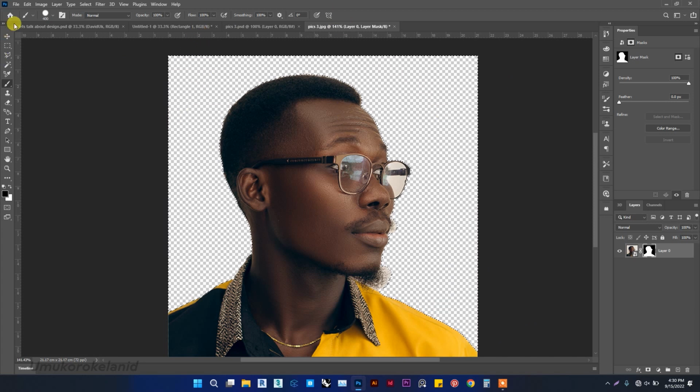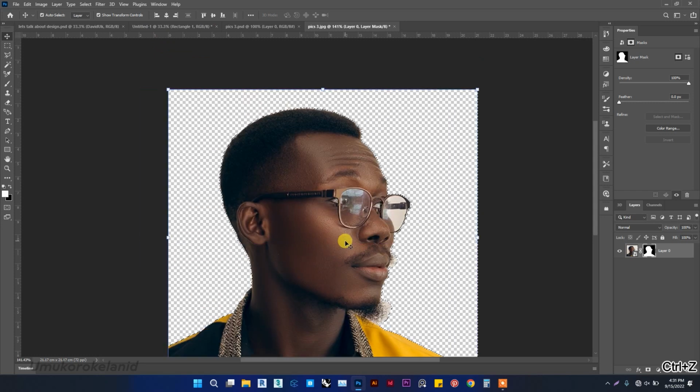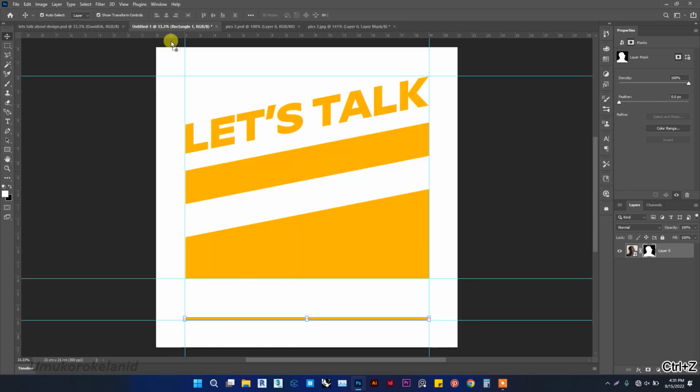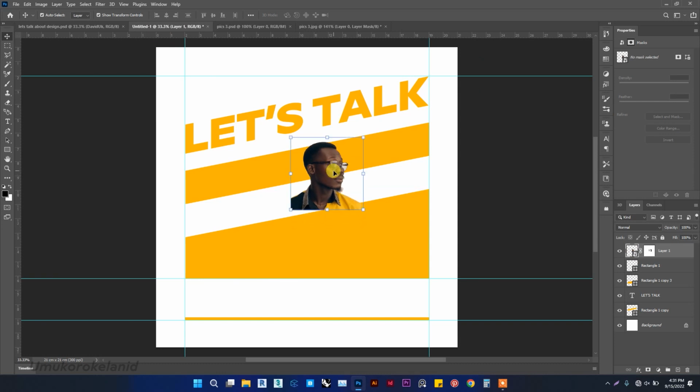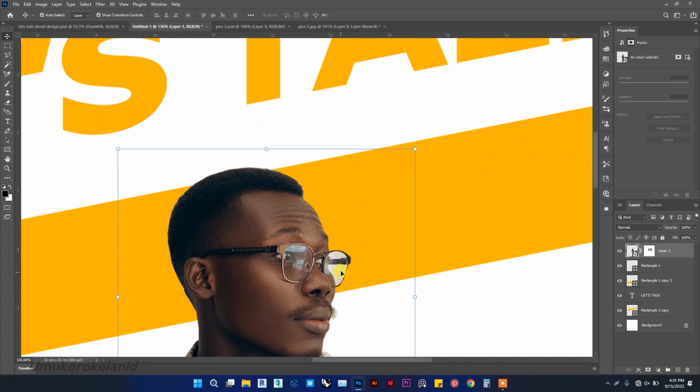After that, when we're done, click the move tool, then we can decide to deselect. Press Control D to deselect. If we come here, we'll see that this glass should be transparent. We should make a selection that will show whatever we put at the back. If we take it into our design like that and just drag and drop here, we will not be seeing anything around the side. So we need to make sure it's a bit transparent. To do that,